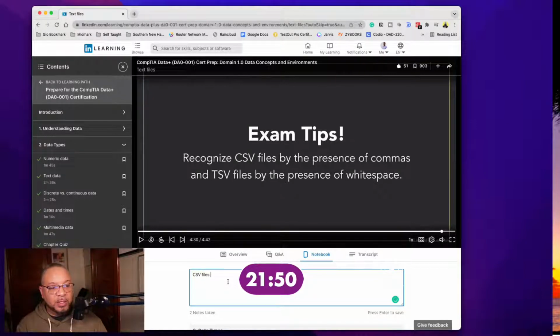CSV files normally have a lot of commas throughout the document, text separated by commas.